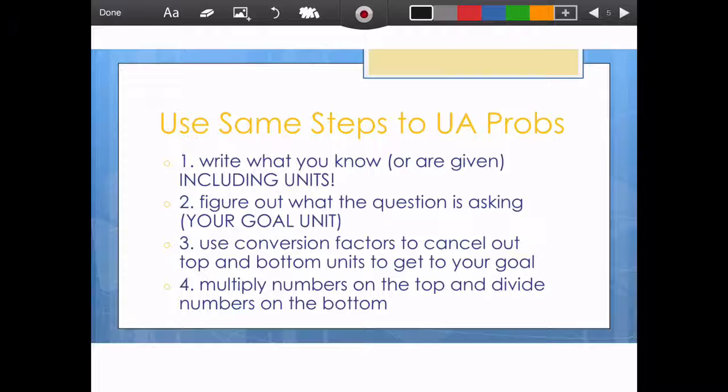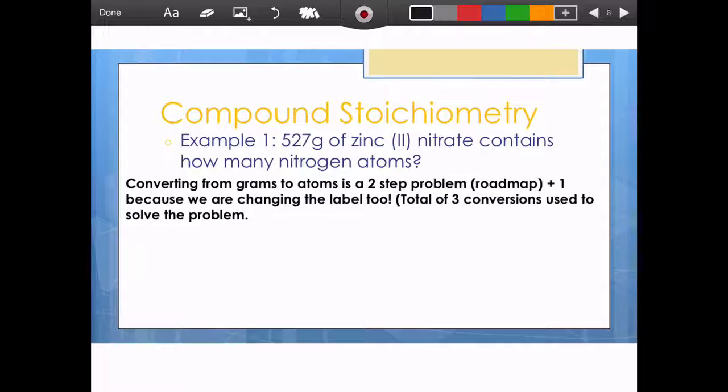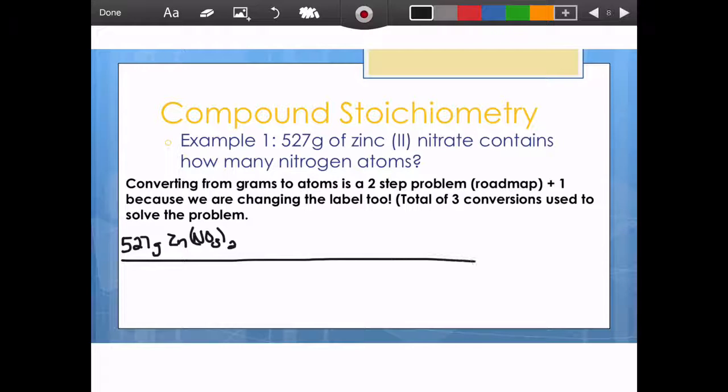First step is to write down what you know, and then the second step is to write down your goal. So if you go back over here, to write down what we know from our problem, the problem gave us that we have 527 grams of zinc nitrate, and zinc nitrate is Zn(NO3)2. And then we're, of course, going to draw our line, and we're going to write down the goal. It says how many nitrogen atoms. So we want atoms